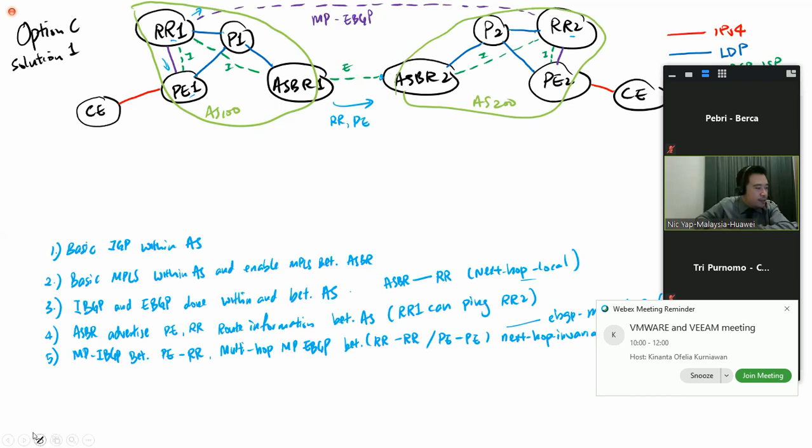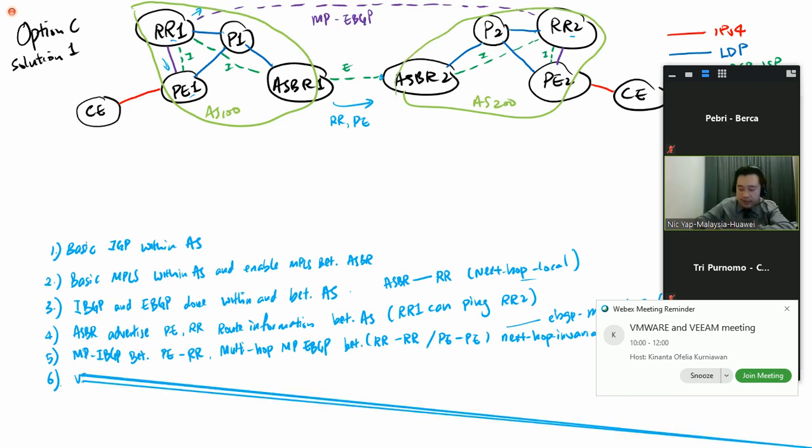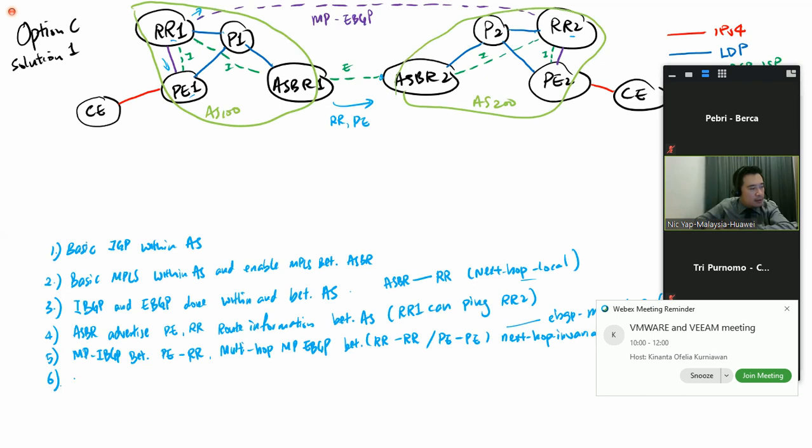So let me continue from this point. After the MP-BGP has been done, I will use the same step. I need to define the VPN instance between PE and CE, as well as doing the binding. Binding the VPN instance. Number 7,